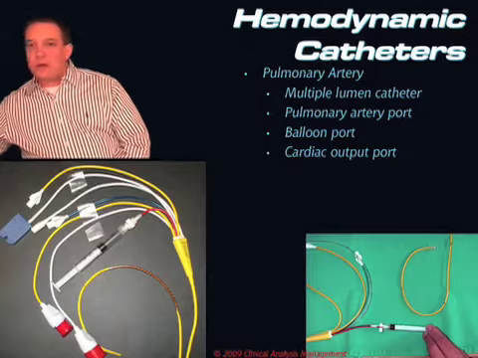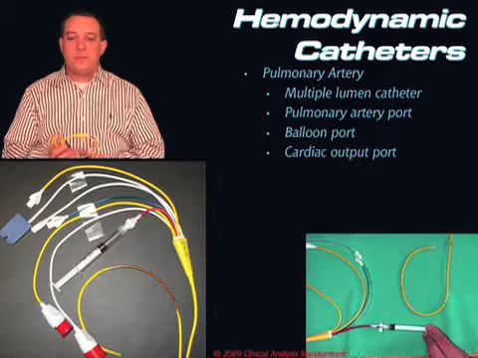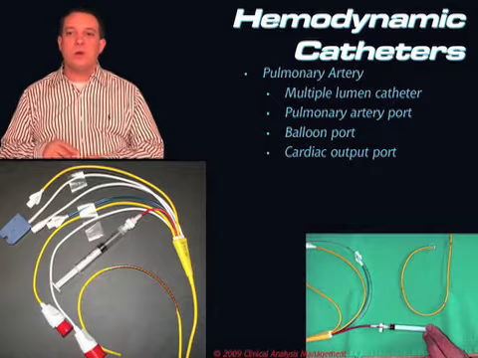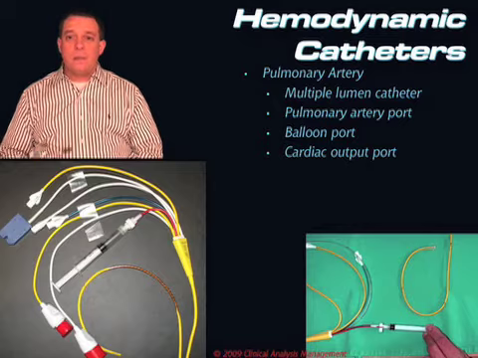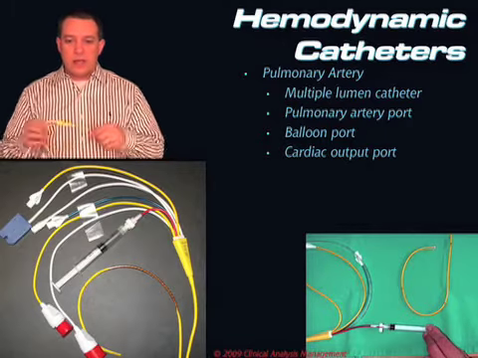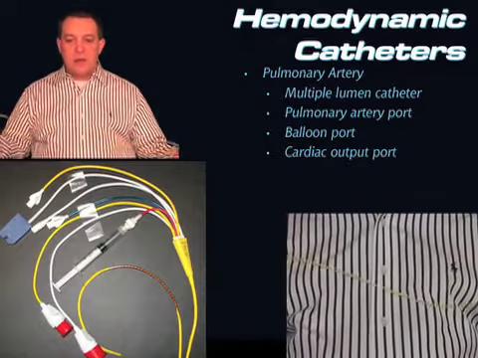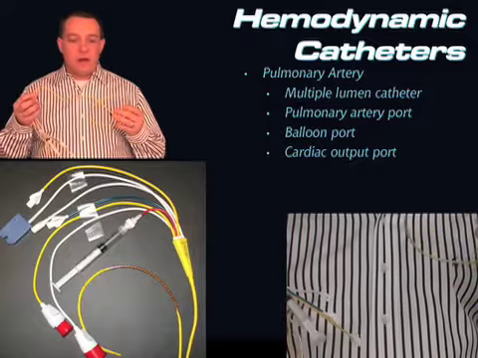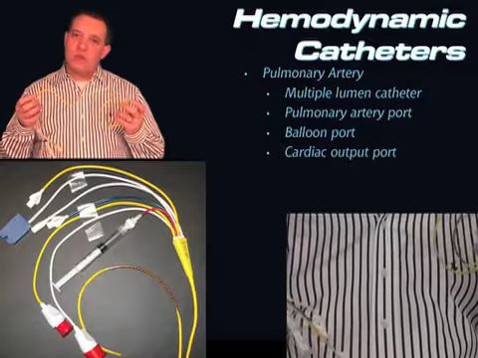When we put in a pulmonary artery catheter, remember that there's a bunch of different types of pulmonary artery catheters out there. We're going to look at one particular one. So, when we look at a pulmonary artery catheter, remember the way the catheter is designed. It's typically somewhere between like 70 and 80 centimeters long. They vary in length, they vary in size, but an average size swan is usually like a 7 French or